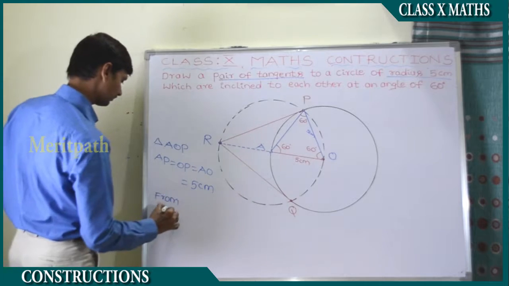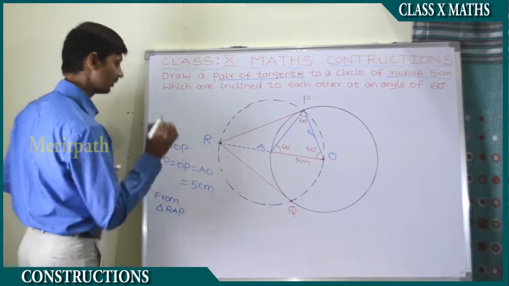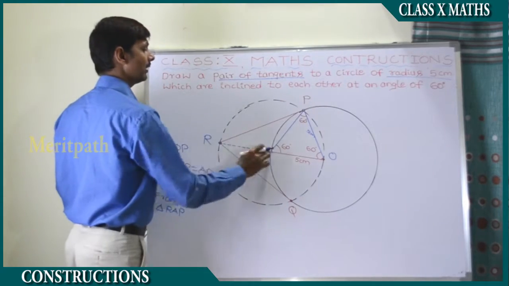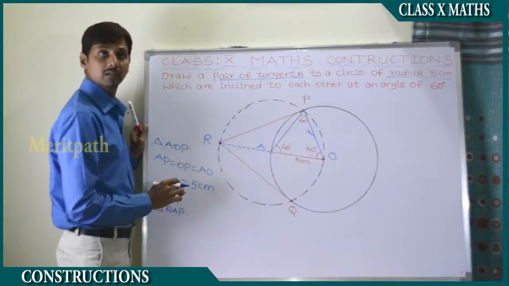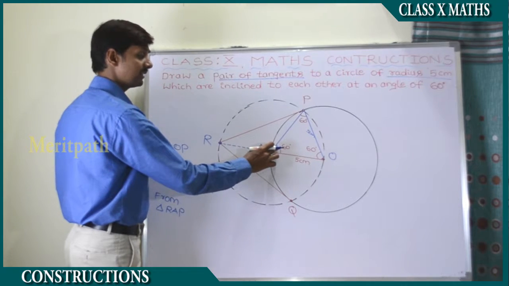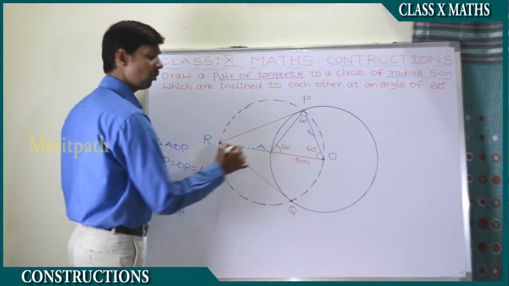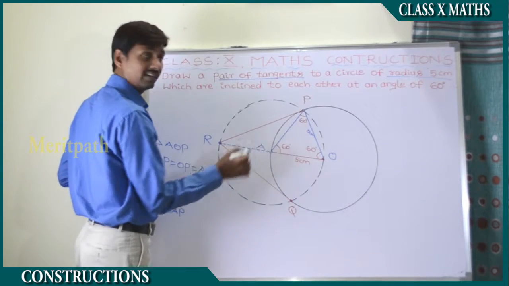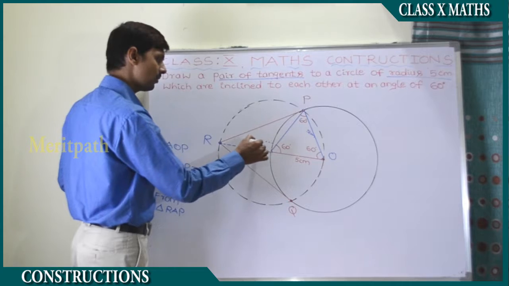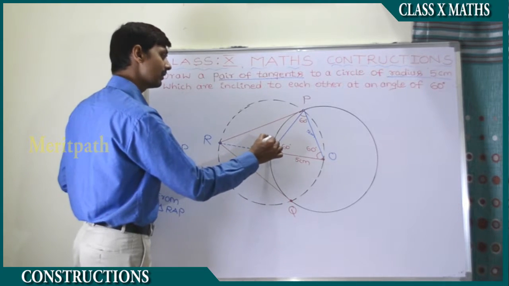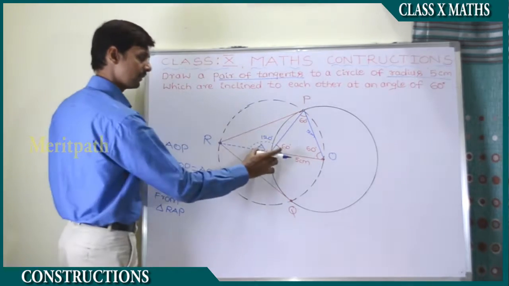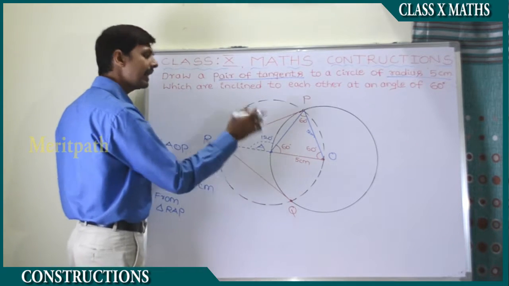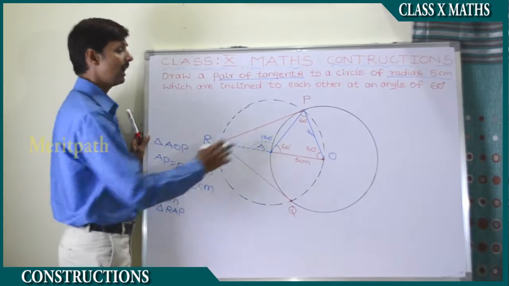And here we can observe that from triangle RAP, this is a triangle. An exterior angle is formed, that is 60 degrees, and it is on a linear plane, the straight angle, and here 60 degrees is formed, and on the other side it forms 120 degrees. You know that it's a linear pair, so on one side it's 60 degrees, and this side it will be 120 degrees, and we got here.